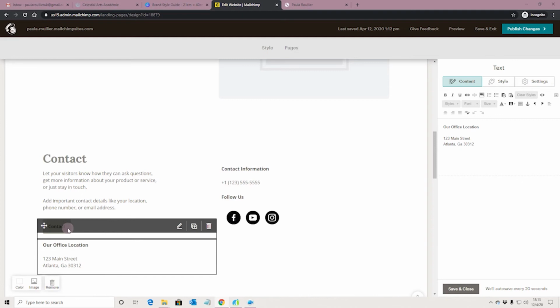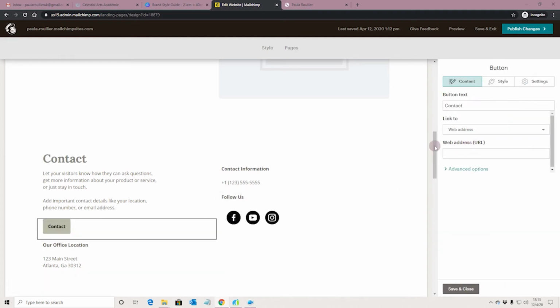Now, the other thing I was going to show you is how do you set up that email address. So I personally would say change it to say send email. Then on the link to, instead of us sending them anywhere else, we're just going to say email address. And then pop in what your email address is. And I always go with my main generic one that I don't mind anybody and everybody knowing, just